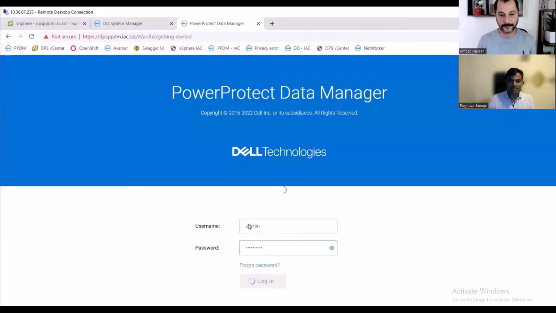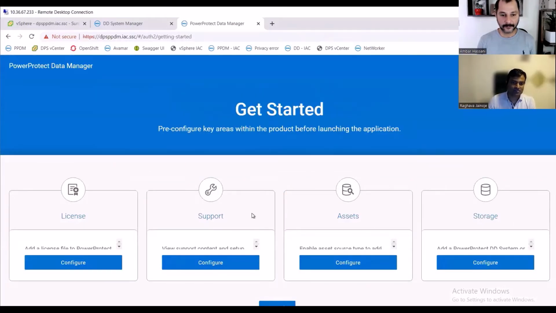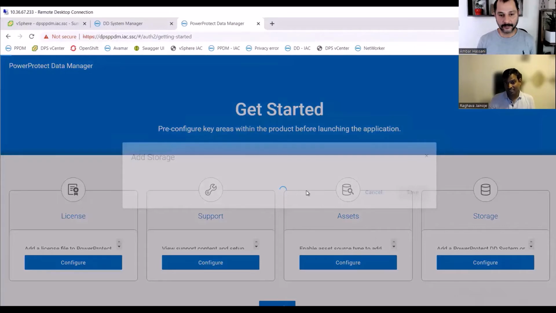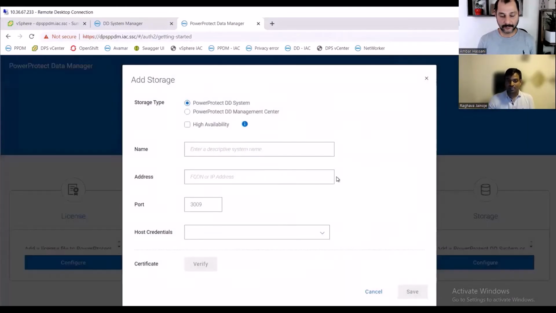So let's look at PPDM. So this is the first step. You could configure various parts of it, and let's start configuring storage, which we talked about. Basically adding a data domain or integrating data domain to the system. So you can select PowerProtect DD system, and the